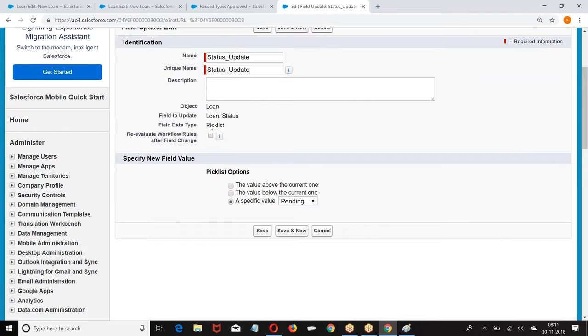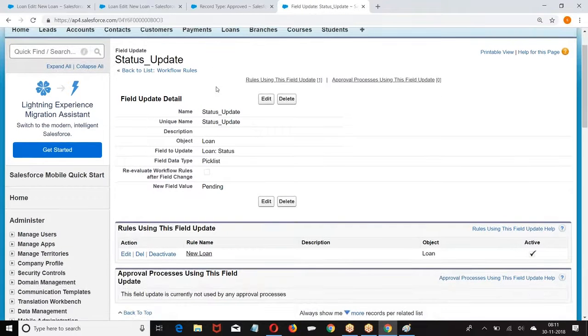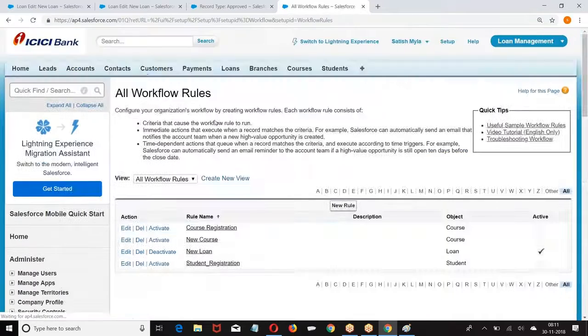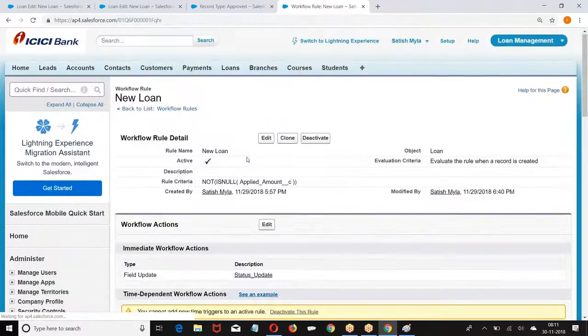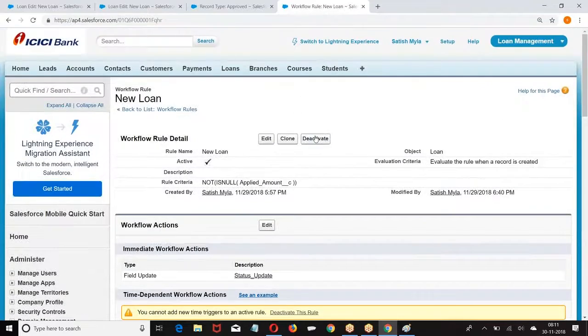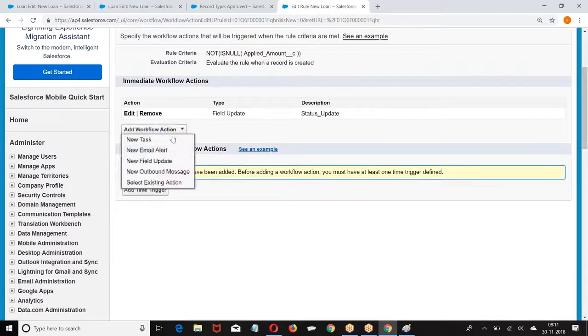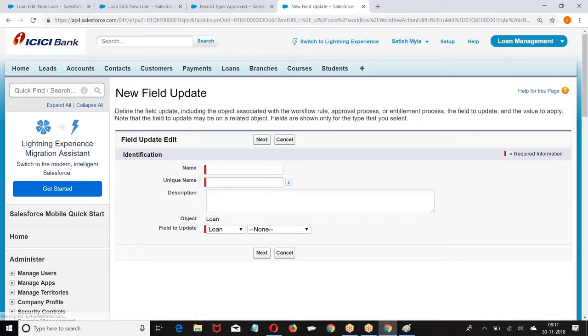If the status equal to pending, what should happen? I'm writing the second one. If status equal to pending, assign the record type equal to pending. So I'm doing the second action. Second workflow action, new loan, action 2, field update.